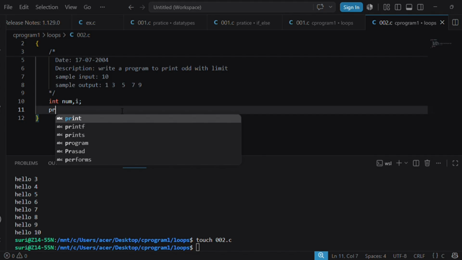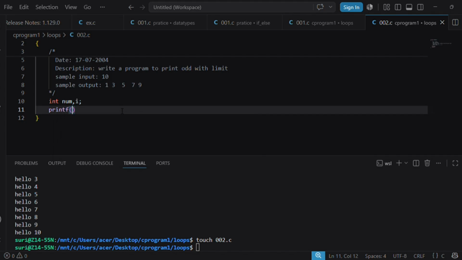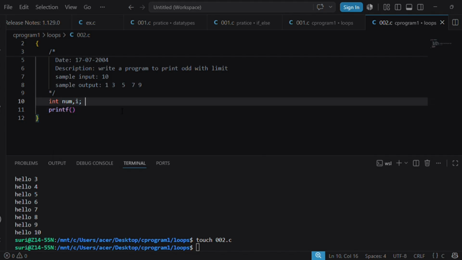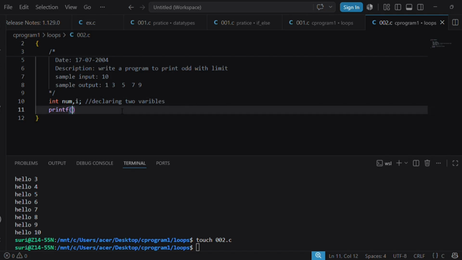You can also comment here: declaring two variables. printf: enter the limit.